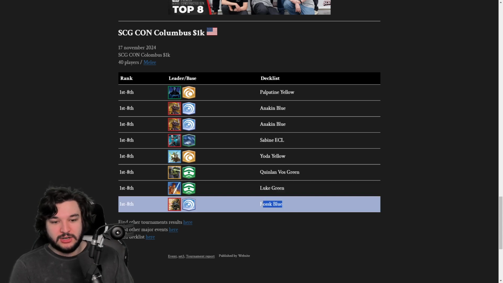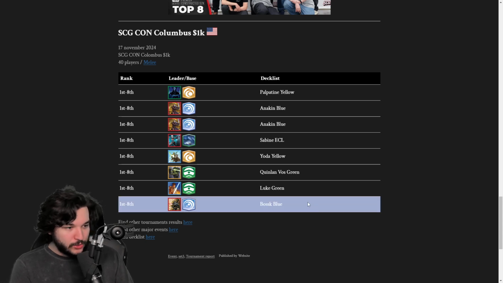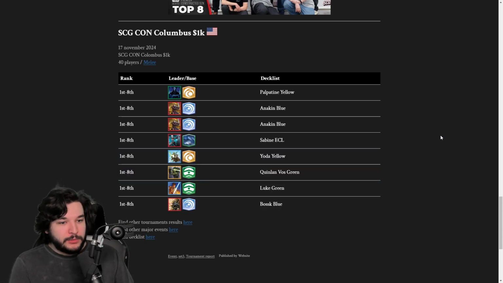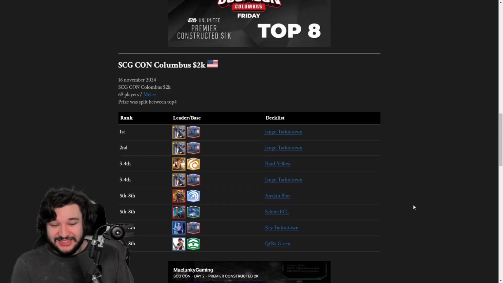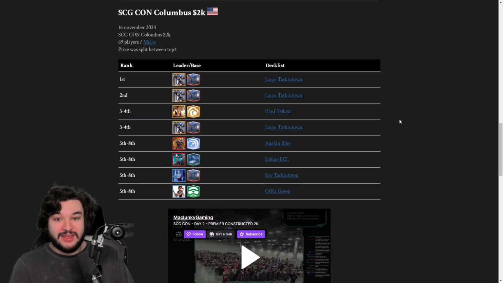This one's very similar to what we were seeing in set 2 at the end of it. The hard control list and just kind of killing all your opponent's units, healing up, and getting value from Bosk himself. But now that we've talked about all the top 8s, again, Anakin Blue and Django Red being the huge